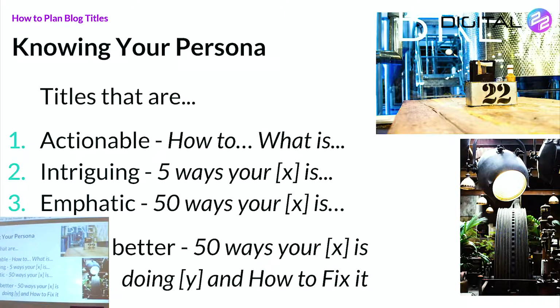Then there's a time and a place for doing 5 deep dive ways, but if you're wanting traffic and getting people onto your site, a big list post like that is a good way to do it. You can take people off onto deeper dives on the niche topics from that blog. So 50 ways your ex is doing Y and how to fix it is just tying that together at the bottom there. So that was 5 steps, quite a quick run through,